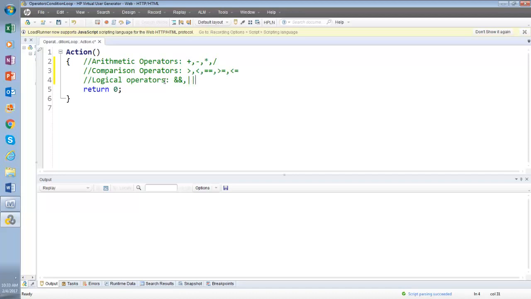This one is or, this one is not. Let me write it: and, or, not. But this word we do not use, we use this symbol.